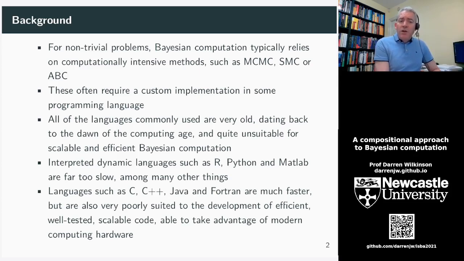For most non-trivial problems in Bayesian inference, we end up having to compute something, and that computation ends up being not completely trivial. And so very often we rely on computationally intensive methods such as MCMC or sequential Monte Carlo or ABC. Some kind of Monte Carlo method or some other computation intensive method. What I'm saying is certainly not specific to Monte Carlo algorithms at all, but they're a useful class of algorithms